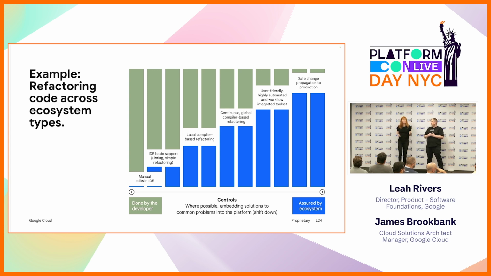But let's say you had a method that you found out was used thousands of times. Doing it in the IDE is going to become very labor intensive. You're going to have to know a lot of context. It's better to have tools like compiler-based refactoring, something where you still want a high degree of precision, and more help. So that's the increasing scale. Up until what if you have hundreds of thousands of methods to clean up? You need automated tools for hyperscale, or you want automated tools for hyperscale.